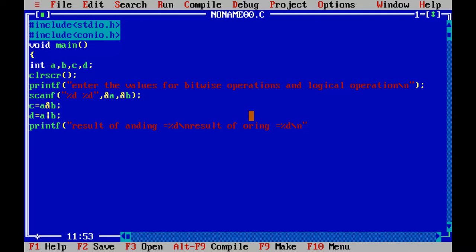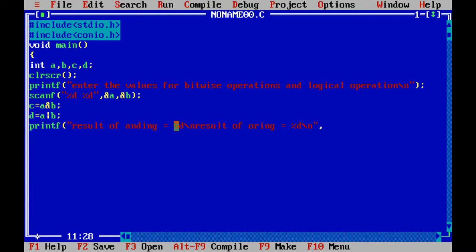Now, comma, as I have used two format specifiers. For result of ANDing, there is one format specifier percentage %d. For result of ORing, there is another format specifier, that is percentage %d, which clearly means that I'm going to print two integer values. Now, which are those integer values? I need to mention their variables.